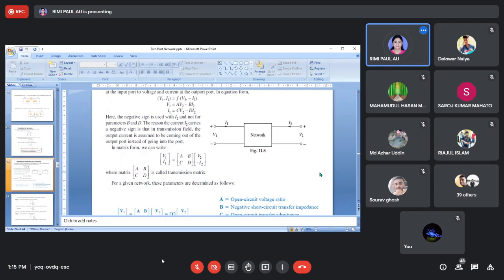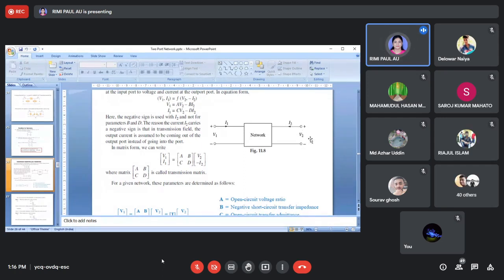Okay, so how to find out? Here there is no concept of open circuit and short circuit as in a one-source, one-load case: one input port, another output port. If I take the input port as the supply, this is V1, I1, and at the output port we can do either a short circuit or an open circuit. If I do the short circuit, we get only current I2. If I do the open circuit, we get only V2.